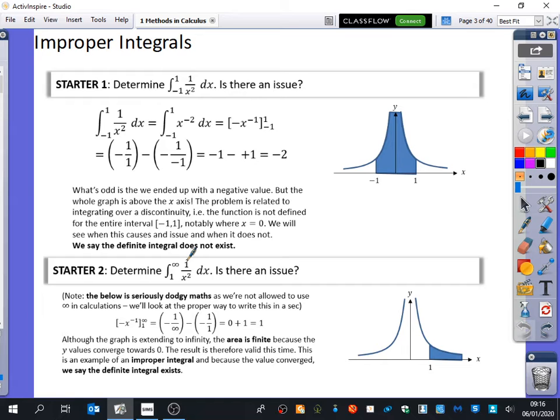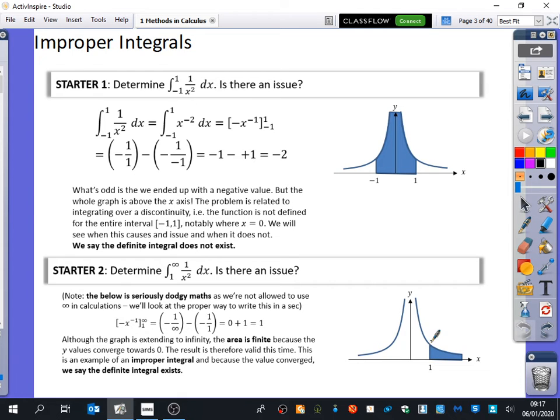So here we're doing the same kind of integration, apart from we're doing it between 1 and infinity, and it says, is there an issue? So I've said here, the below is seriously dodgy maths, as we're not actually allowed to use infinity in calculations, and that's because there's different kinds of sizes and concepts of infinity. So it looks like this would actually be equal to 1 for this particular graph, which is quite interesting because